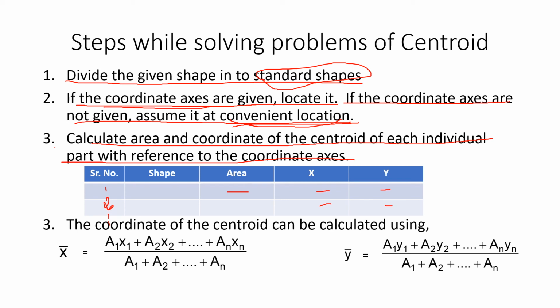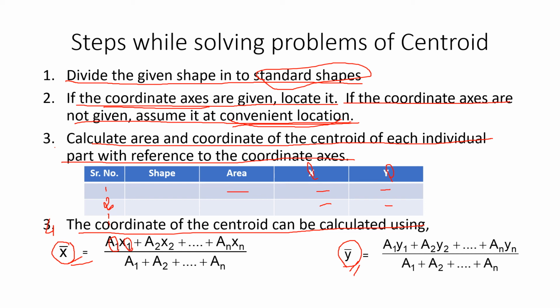And then the last step, step number 4: the coordinates of the centroid can be calculated using, now I'm going for the calculation of x bar. This x bar and y bar is the location of CG of the given shape, and this x and y is the location of CG of the various standard shapes. What at the end I want is x bar and y bar, because I have to locate the CG of the main shape which is given in my problem. For that I'll use the formula A1 x1, where A1 stands for the area of the first shape